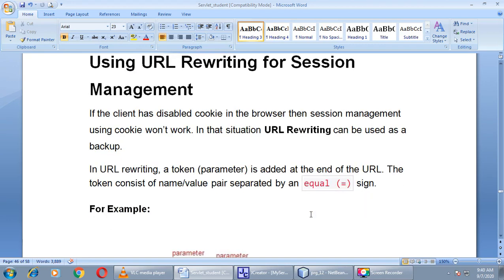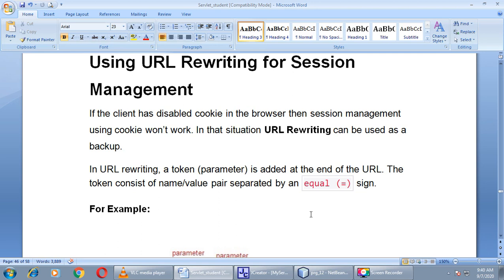Session management through URL rewriting. URL rewriting is based on the idea of inserting a unique ID generated by the server in each URL of the response from the server. That is, while generating the response to the first request, the server inserts this ID in each URL. When the client submits a request to one such URL, the browser sends this ID back to the server. The server can therefore identify the ID with all requests.